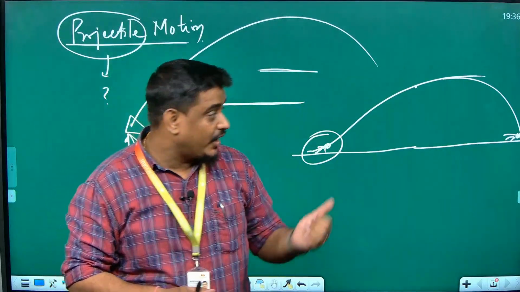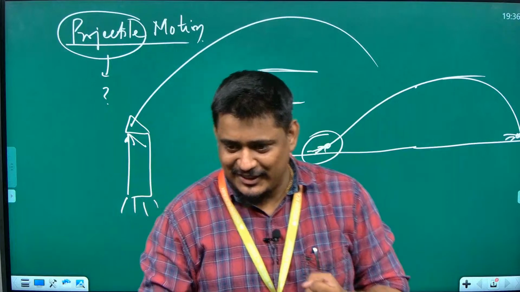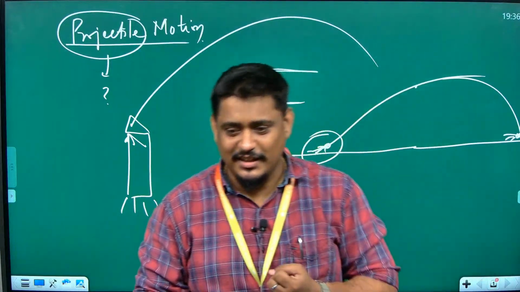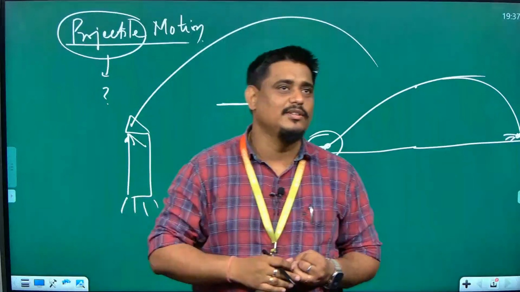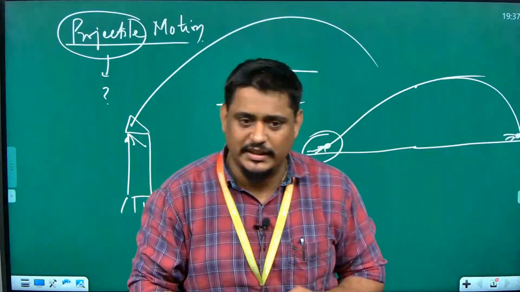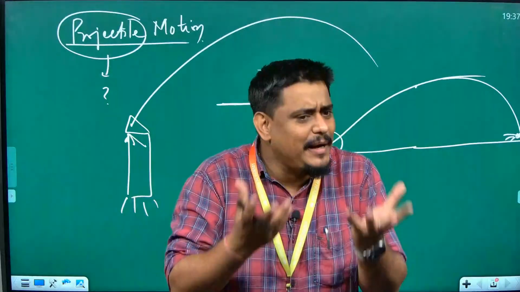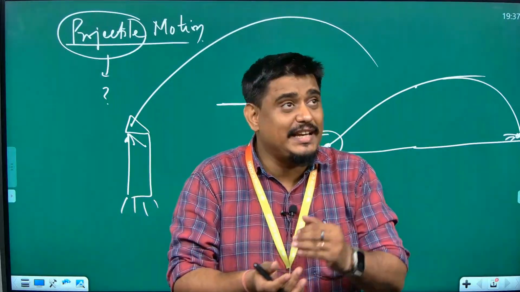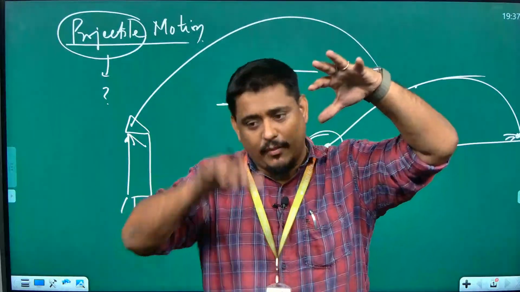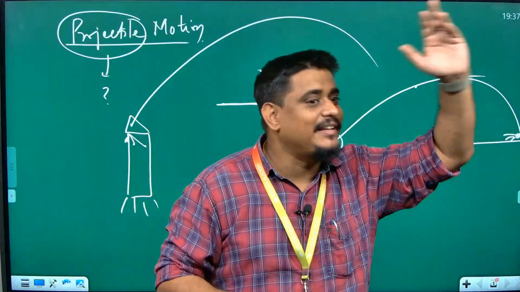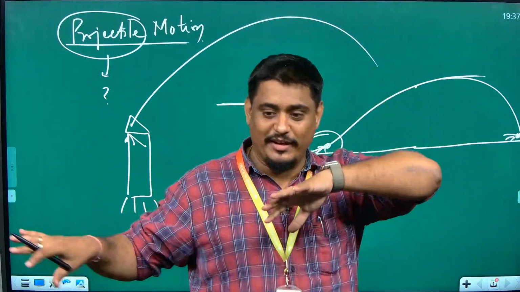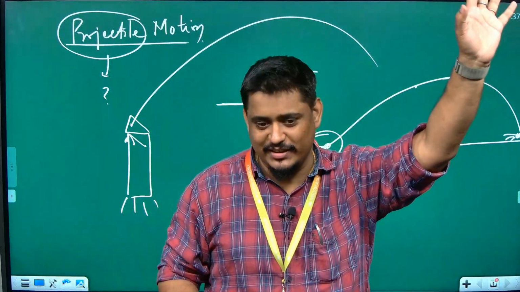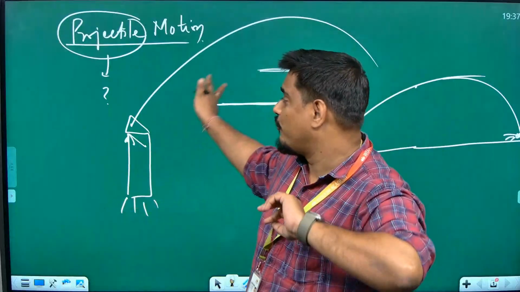Rocket, whether it is a Diwali rocket or the real rocket used by NASA or ISRO, is definitely not a projectile. Reason being, it is propelled by a fuel. You may say after some time the fuel tanks will come down, then it will have no fuel, but at that time gravity also will not be there. So the second criterion will not be fulfilled.